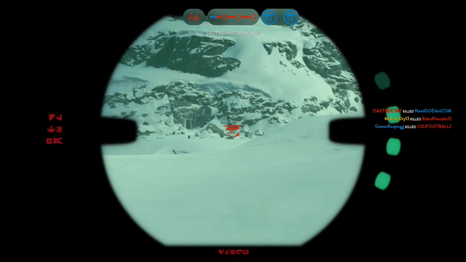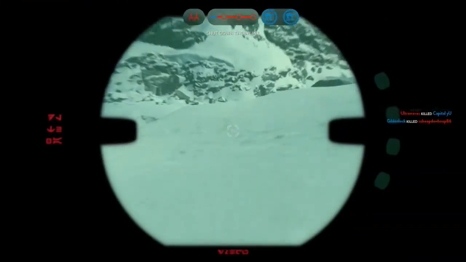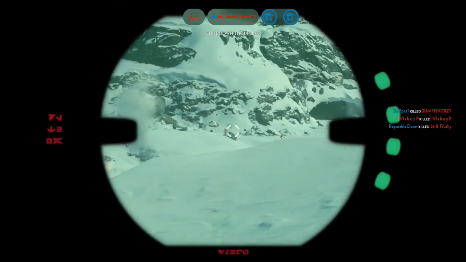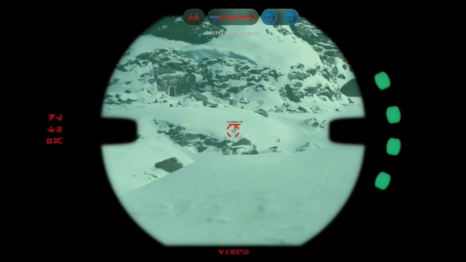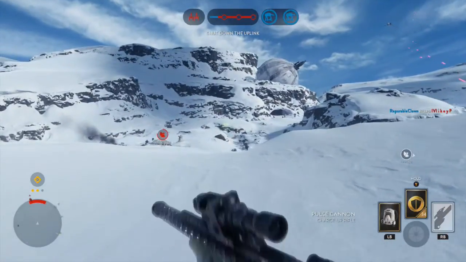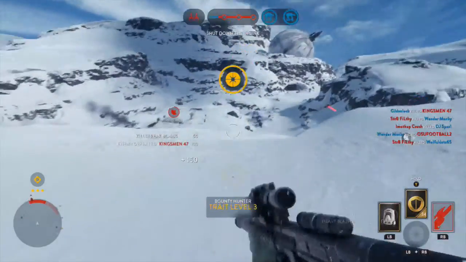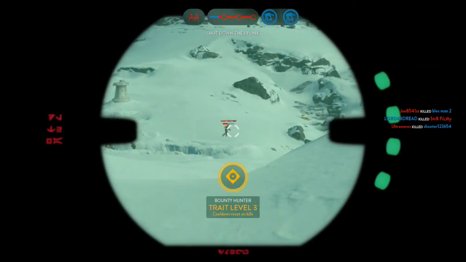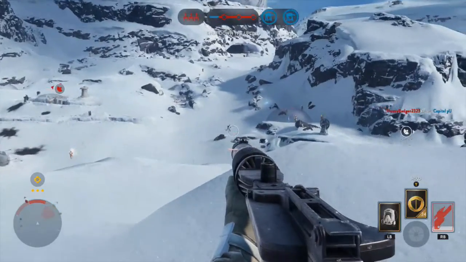So they destroyed that turret pretty fast. That's too bad for me, actually. It's gonna be handy. I'm pretty lucky with the level of nincompoopery on the other team. They don't really seem to have pulse cannons or a way to deal with me up here. I'm obviously getting lots of card refreshes from my bounty hunter perk,